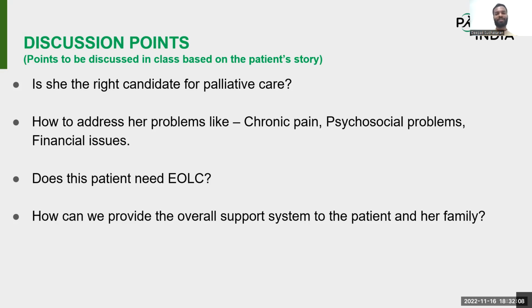It is always an involvement of multiple people, and many a times we have to liaise with the community, because at the end of the day, the people who are nearest to the person matter, as many a times the person may not be able to even reach the doors of a hospital or a palliative care center. And this is where decentralized care, where the doorstep doctor or the doorstep community